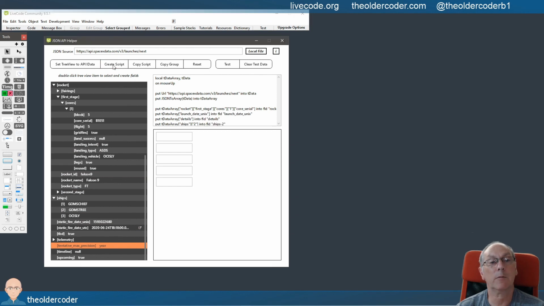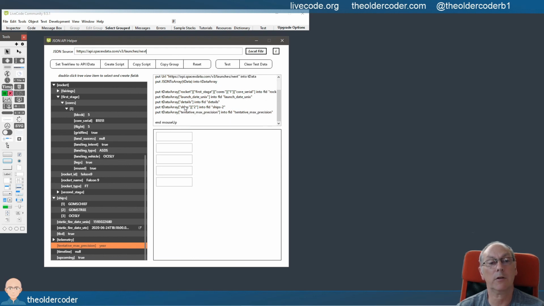I'll create the script again because it's obviously changed. And we can test to see how this script works in relation to these fields by pressing the test button here. And you can see that everything's working okay. The fields are being populated with the data from the script. And then simply to use this in